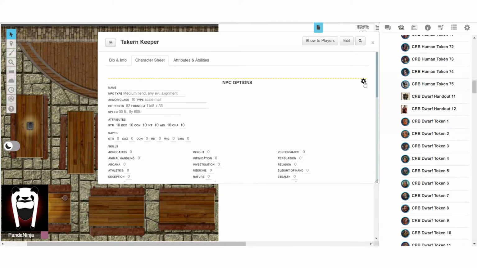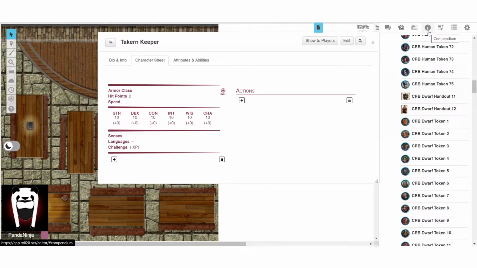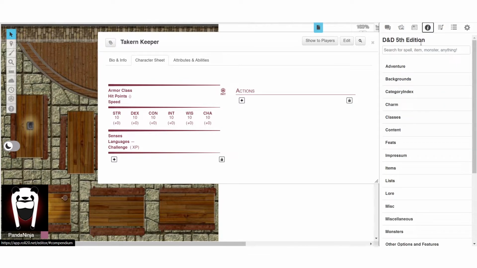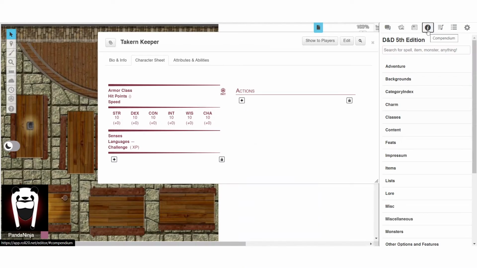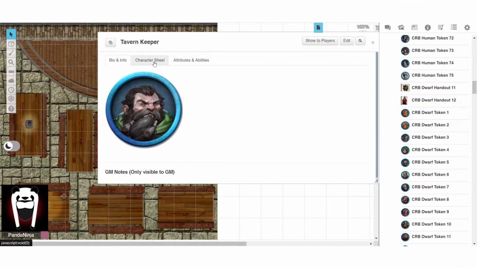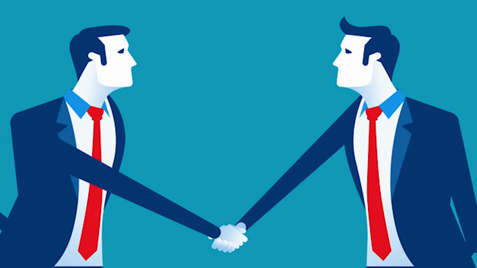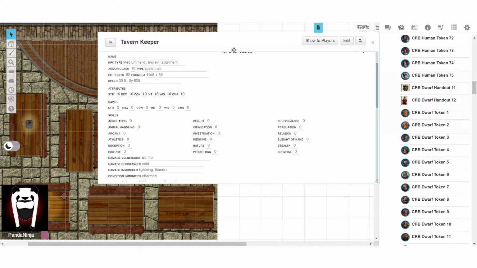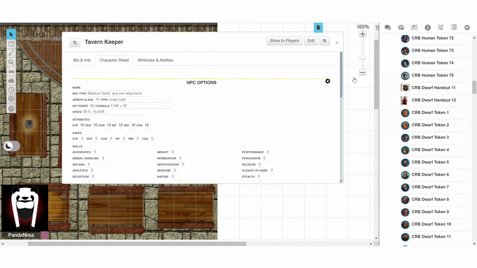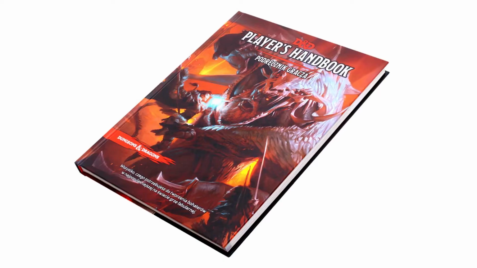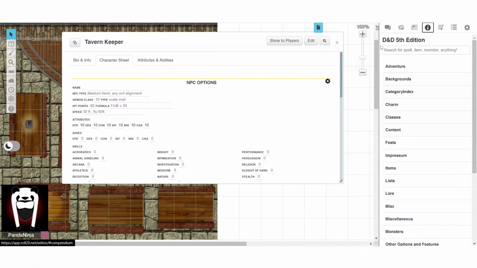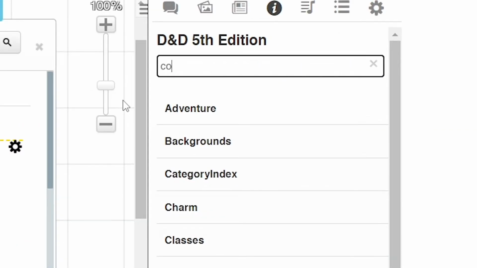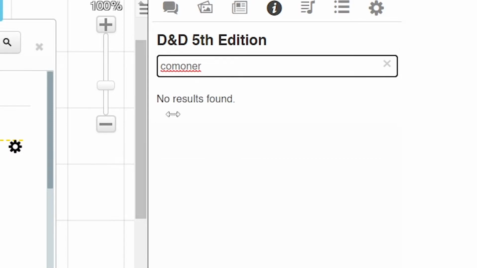Now, after you selected the Create an NPC option, we can just select the second most useful tool Roll20 has kindly prepared for us. Oh, isn't it adorable? The Compendium! This little lifesaver, and sometimes backstabber, will allow you to browse through all the content that exists on the PHB. That stands for Player's Handbook, for all those who don't speak nerd. Anyhow, you just go there and type Commoner, and you'll get